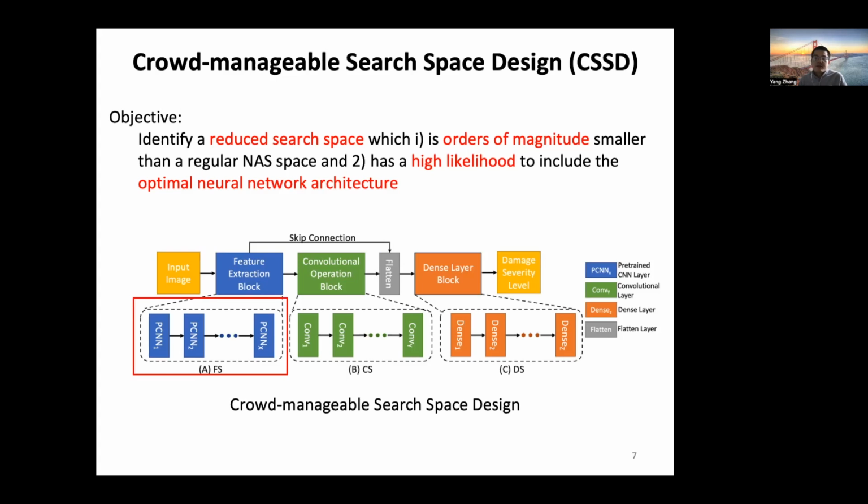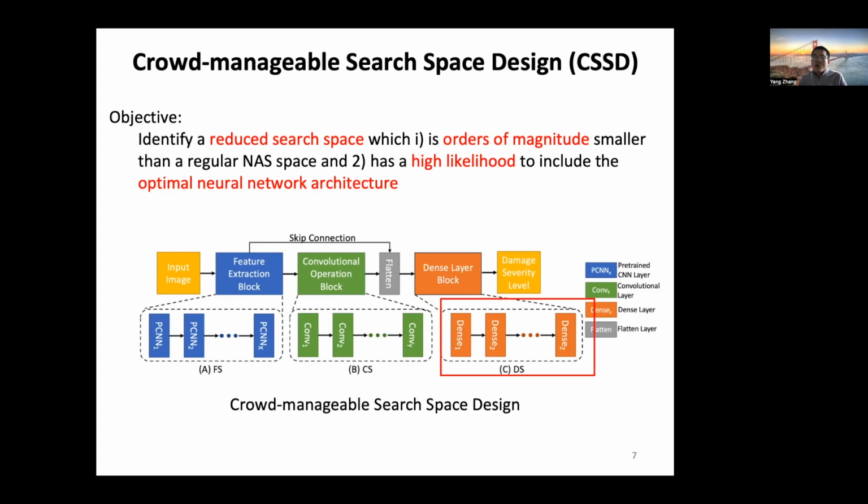Our design first contains a feature extraction search space to discover the optimal pre-trained CNN layers required to extract the deep visual features from the images. Then the convolutional operation search space is used to identify the optimal number of convolutional layers to further process the extracted deep visual features.